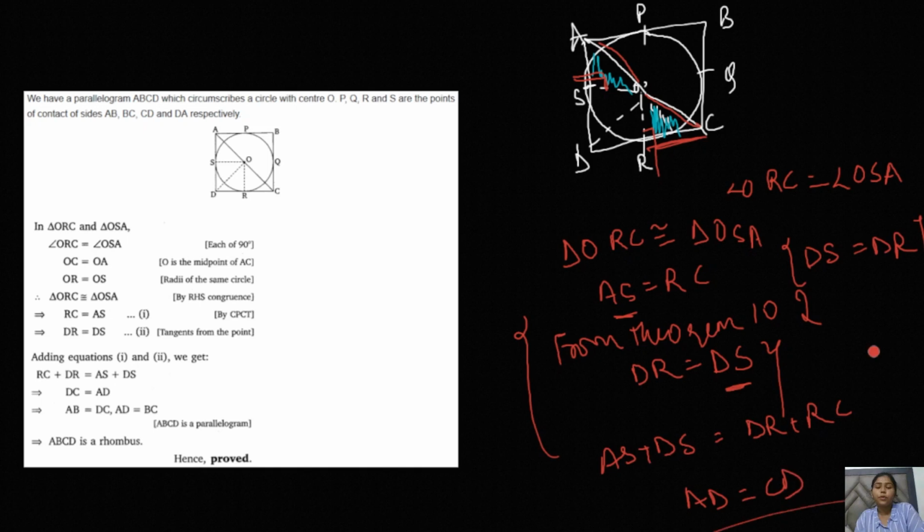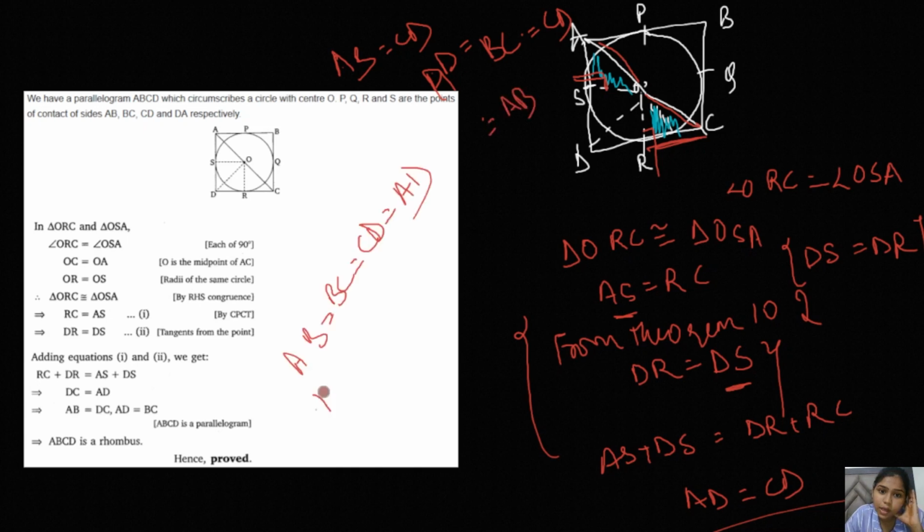Now you know it is a parallelogram, so AB is equal to CD already, and AD is equal to BC. AD is also equal to CD from the proved one, and BC is equal to AD already, CD is equal to AB. So by this, AB will be equal to BC, equal to CD, equal to AD. Hence, the given parallelogram is a rhombus. I hope that's clear to you.